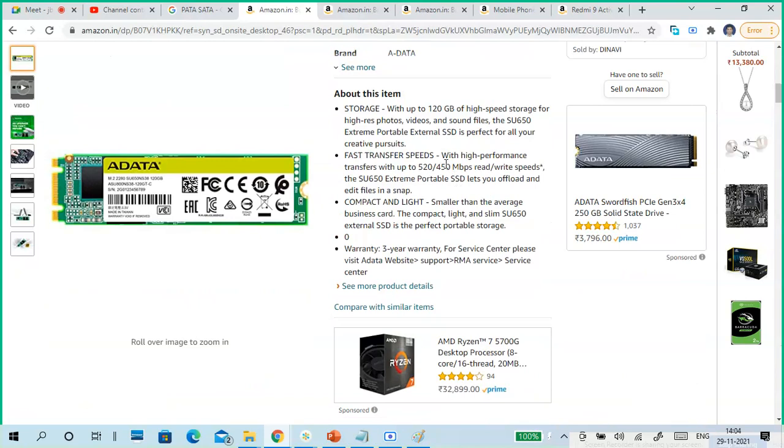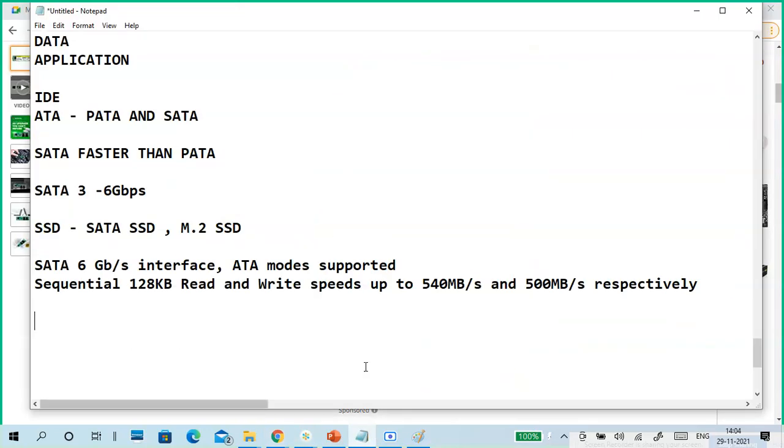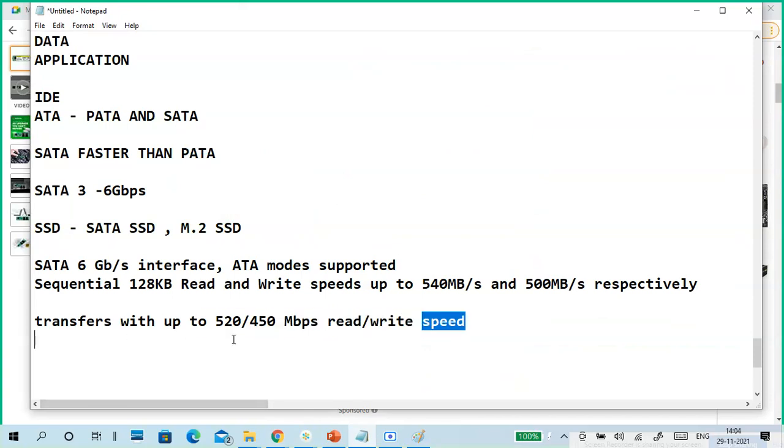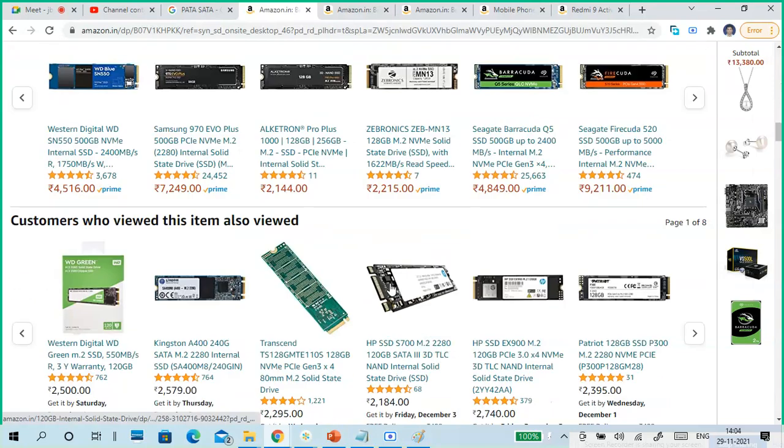It is showing high performance transfer up to. They've given a star, but you see the interface is different. Compulsory to know that. So what is the difference? It is not showing much difference here, but maybe it is wrong details. Actually, it is at a very high speed.